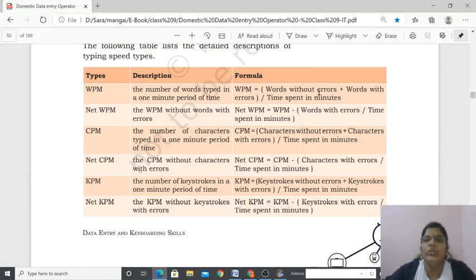So 12 divided by 3 is equal to 4. So in 1 minute you have written 4 words. Clear? So likewise everything has a calculation. Students, you have to study all these formulas. This is the typing speed types. These are all typing speed types. Clear? Okay.